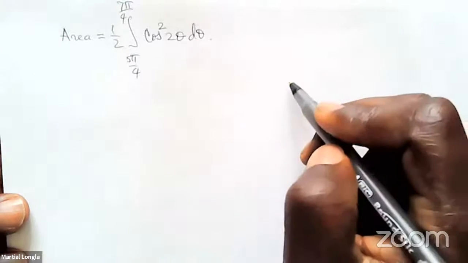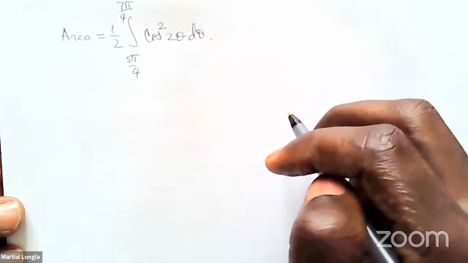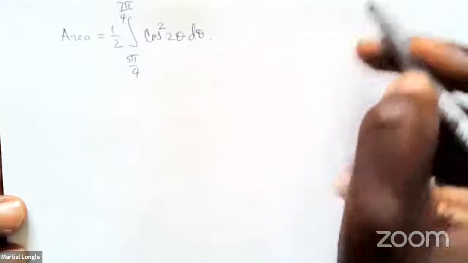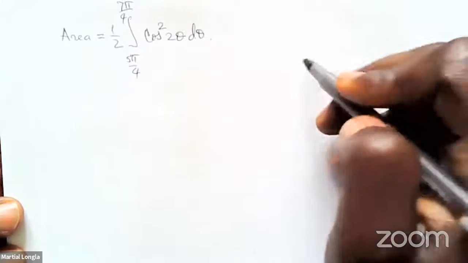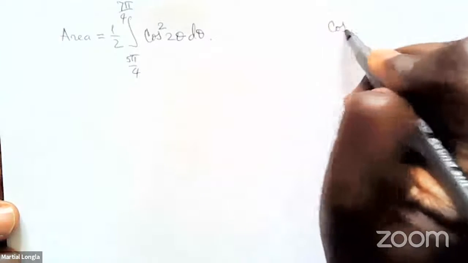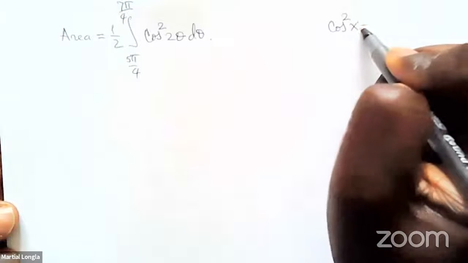And to integrate cosine squared, you need the half or double angle formula, which states that the cosine squared of x is